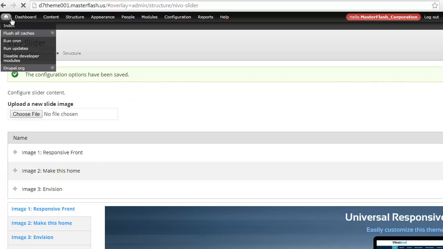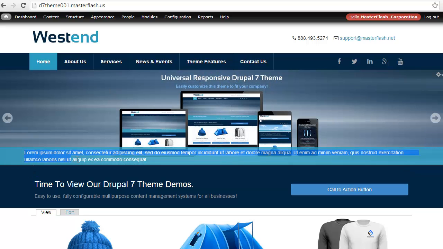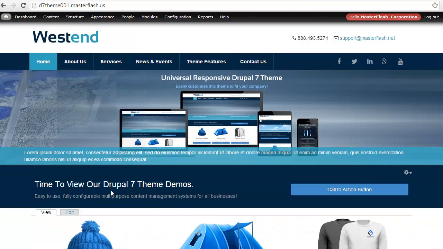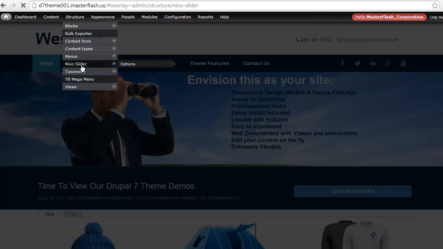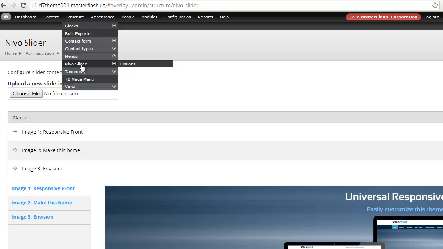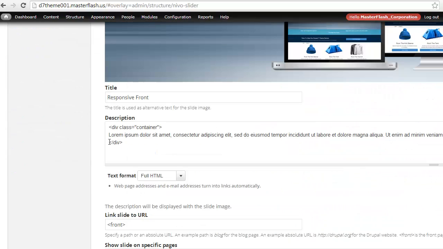So if I come back to the home page, you'll see that it's now contained within the same boundaries that the rest of the content on the site is in. If I come back to Structure, Nivo Slider, we can put content in columns. That means text, images, links, buttons, whatever you would like to include as a part of the HTML markup inside of the caption. For example, I can come in here